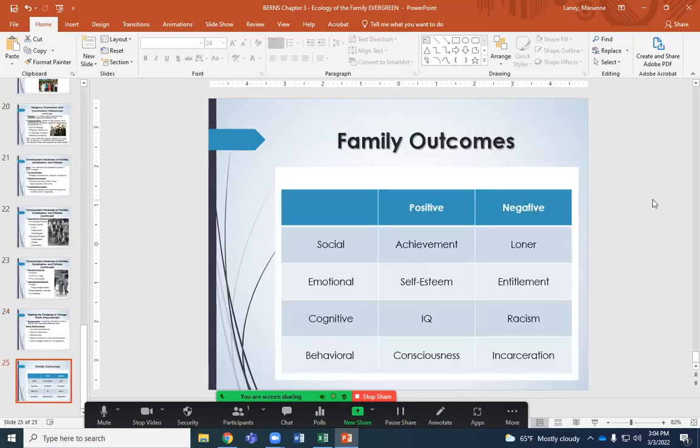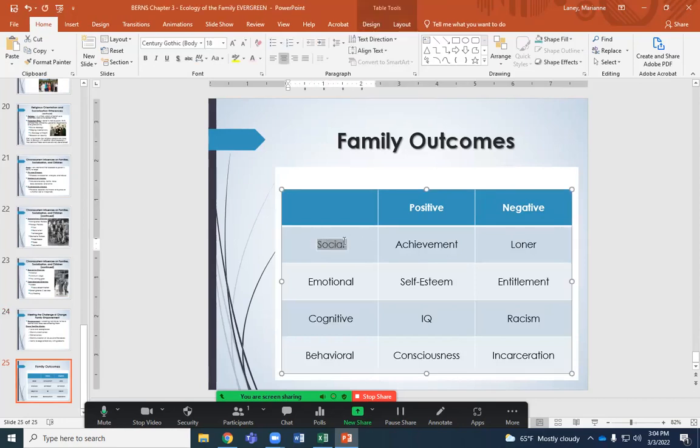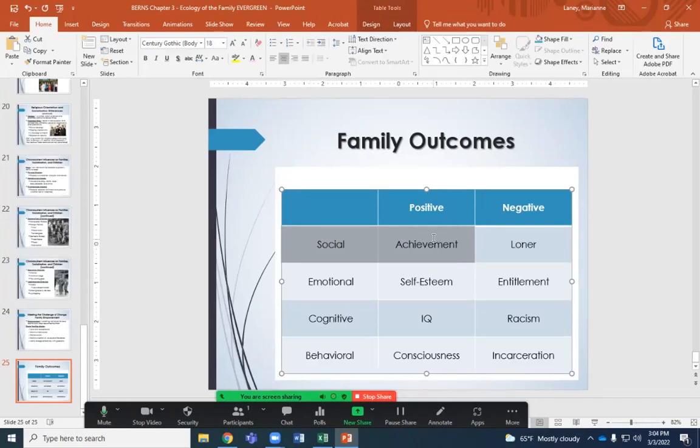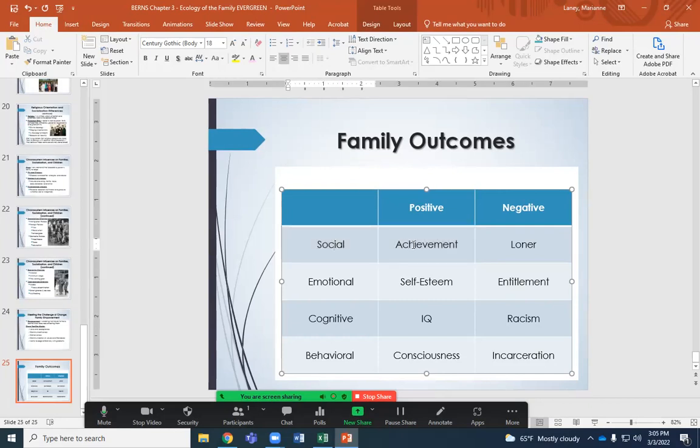And the last is outcomes. Obviously there are positive and negative outcomes, but when your family really advocates for social connection, the positive outcome is that there's achievement. We do live in a place where we achieve things with other people in the mix. And we don't want to say win at all costs, but you want your child to achieve something, whether that's a job, independence, relationship, financial strength. When you have a positive outcome, you achieve what you want to achieve.